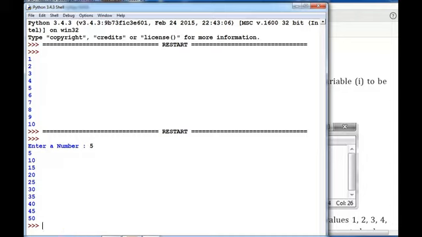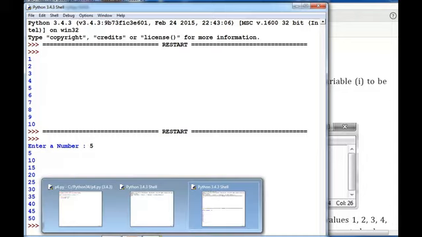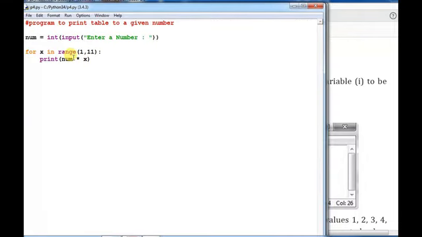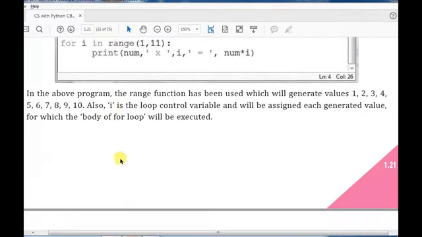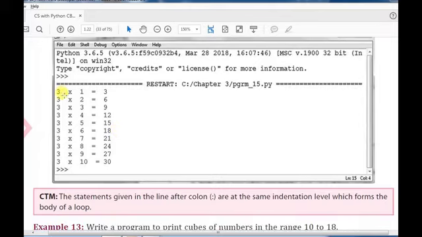Suppose you want to get the output in this format: 5 multiplied 1 equals 5.